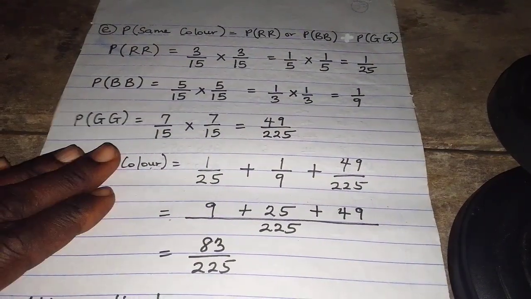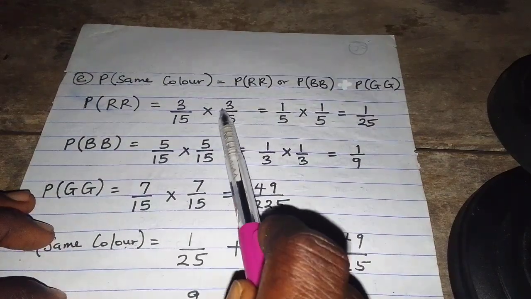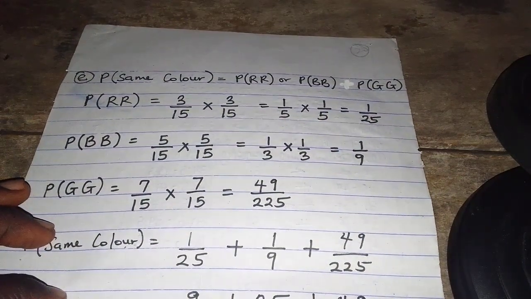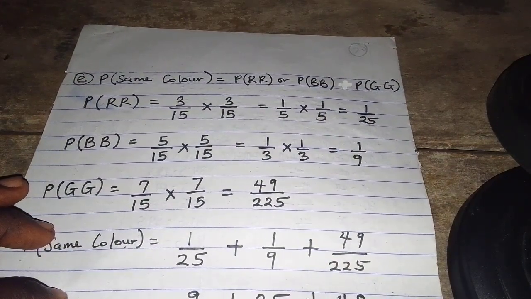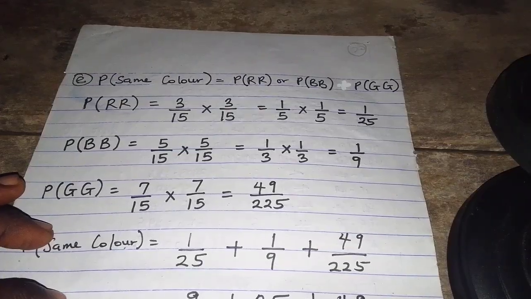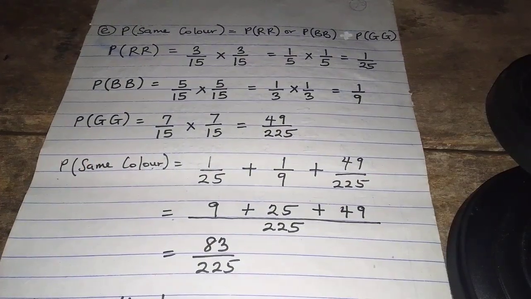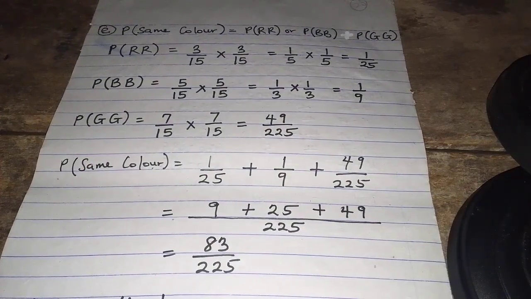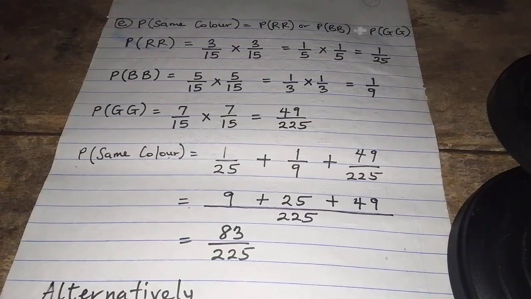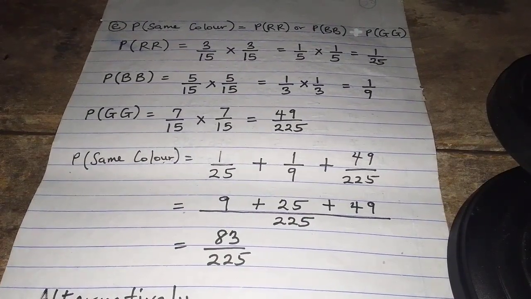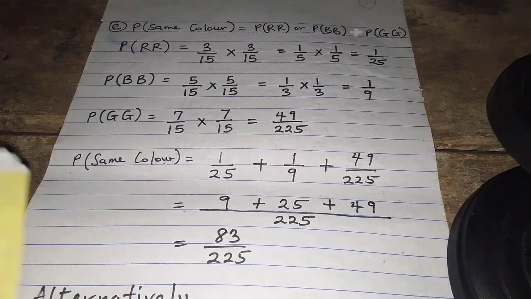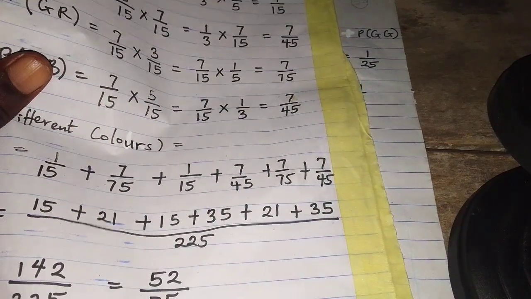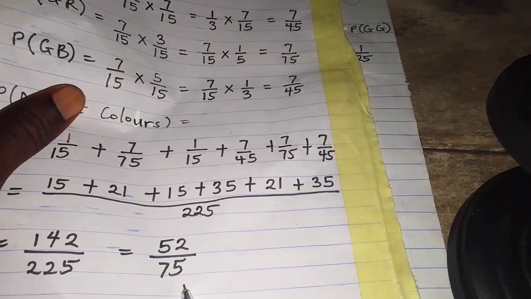So you can do this instead of doing this last one and looking for the probability of red, blue, green. You can say that since we have been able to look for the probability of different colors to be 52 over 75,